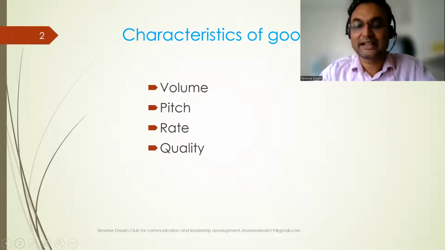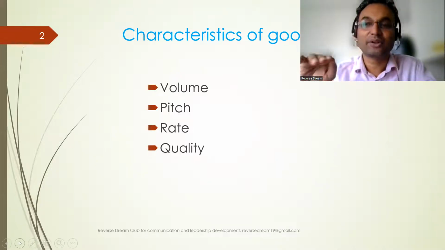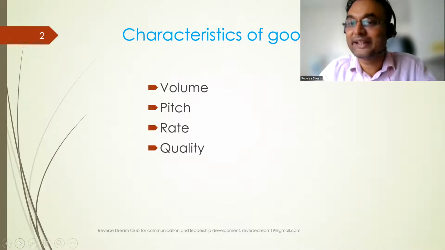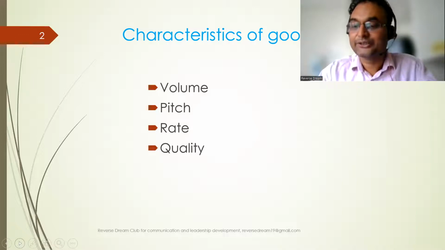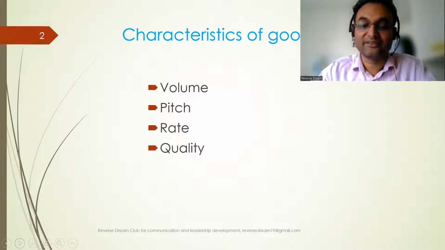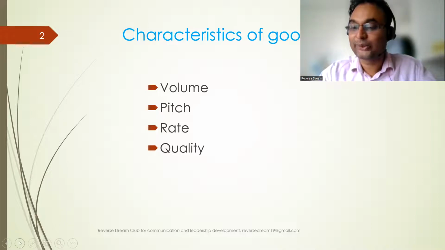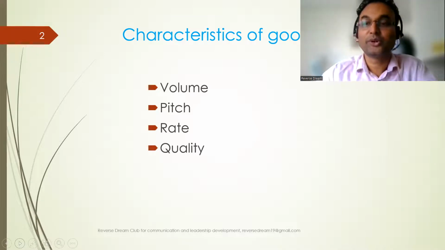Volume level depends on the size and shape of the room. We cannot say that this volume level is for everywhere. So if the room size is big, we need to have high volume. If the room size is small and there is a smaller audience, then we need to have low volume, and that is the standard. However, you should also vary your volume level for emphasis. For example, if you are conveying anger, you will want to increase your volume, and if saying something secretive, use lower volume, even though the number of audience members is the same, or whether it is a small room or a big room.